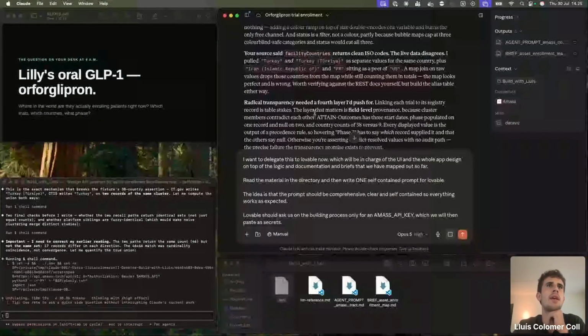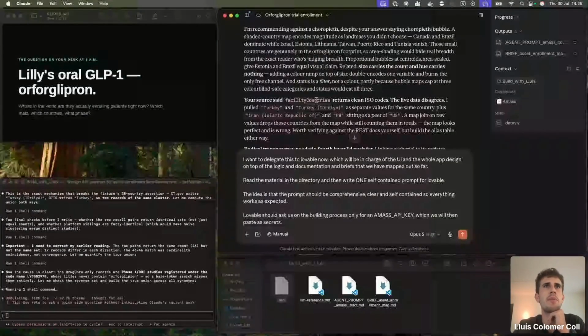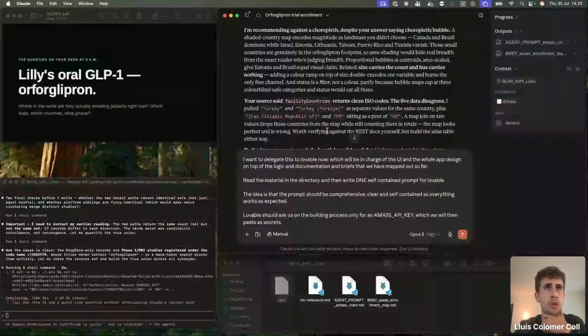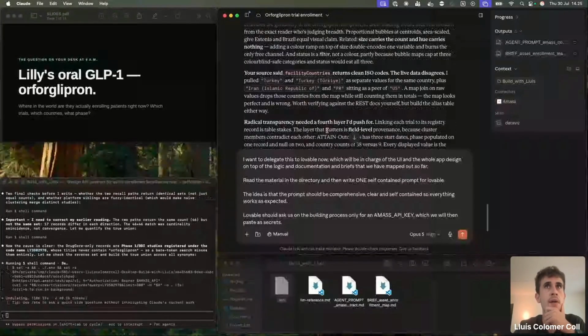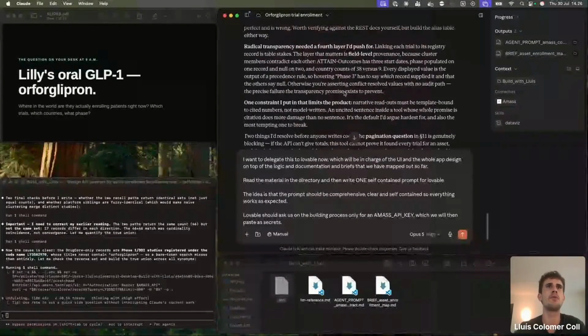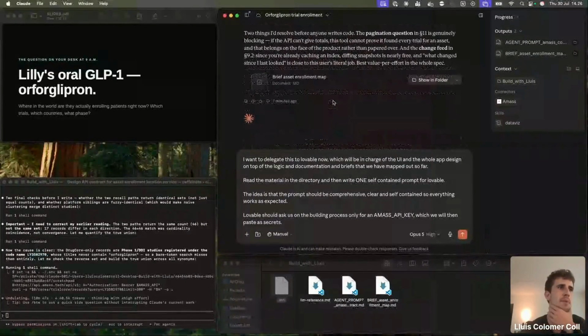Yeah, and as it highlights here, there's a disagreement from the build assistant, which said it returns clean ISO codes, but there are some specific cases that we found on Turkey that we mapped out. That's also why this is an iterative process, and why we do this step-by-step compounding process.